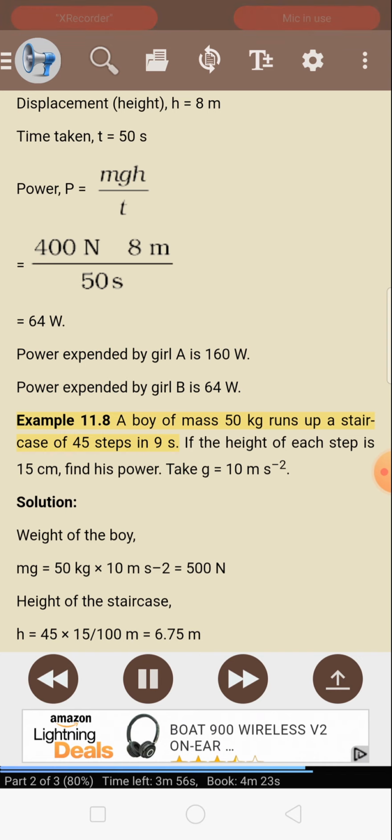Example 11.8. A boy of mass 50 kilograms runs up a staircase of 45 steps in 9 s. If the height of each step is 15 centimeters, find his power. Take g equals 10 m s⁻². Solution. Weight of the boy,